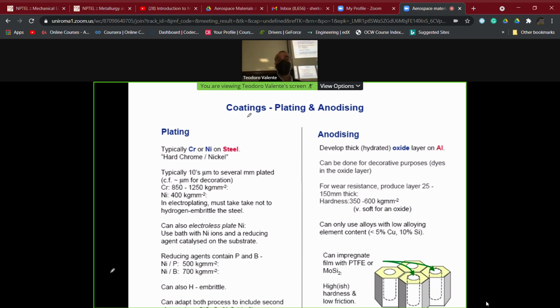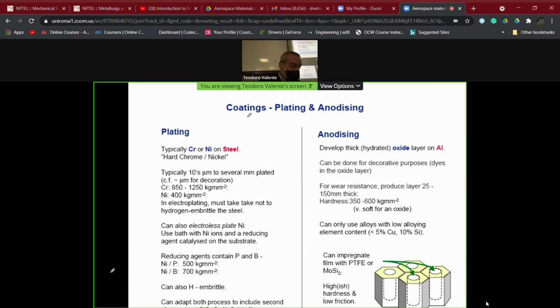Another technique, which is quite well known also for commercial application, is anodizing, as developed, for example, for aluminum-based alloys. In this case, the aim is to favor the formation of an aluminum oxide on the surface. That is the passivation mechanism for the aluminum alloys. Thus, if we put on the surface of our aluminum alloys a very thin layer of aluminum oxide, that is a coating. And this can be done also